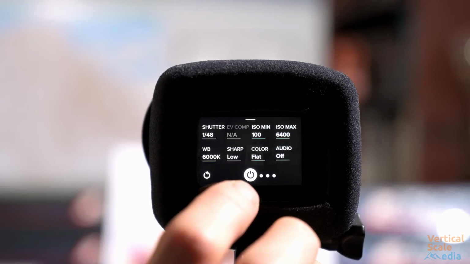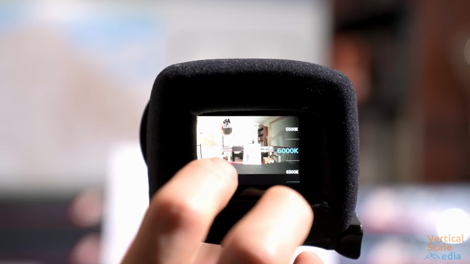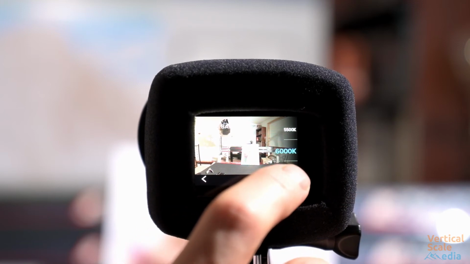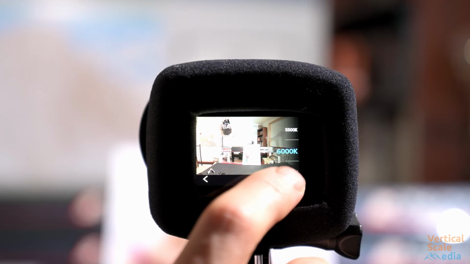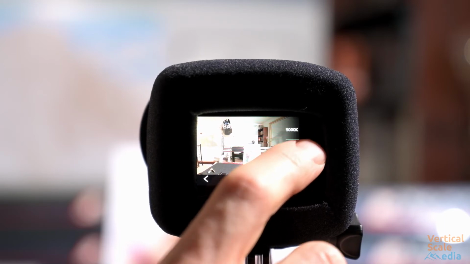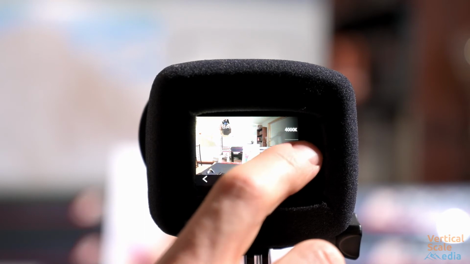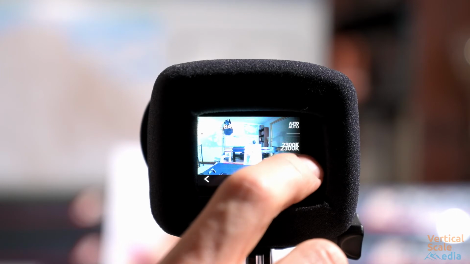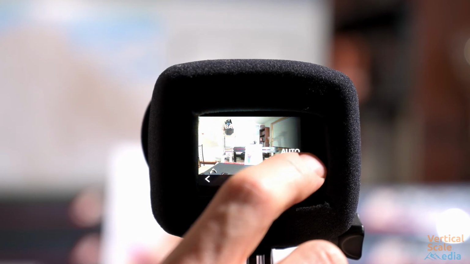That happens when the camera is set to auto white balance, and we don't want that. We want to fix our white balance at a proper temperature. 6,000 Kelvin is usually what is considered cloudy, and 55 is usually considered daylight. Now you need to use your judgment on the type of lighting that you're in and set it appropriately. But what you don't want is auto, because the camera will